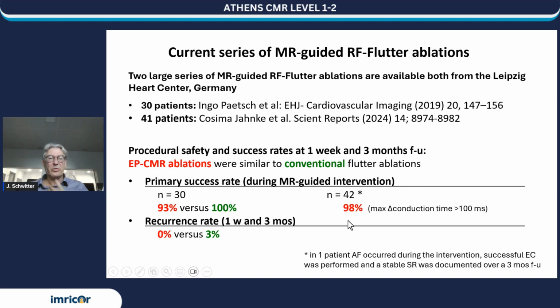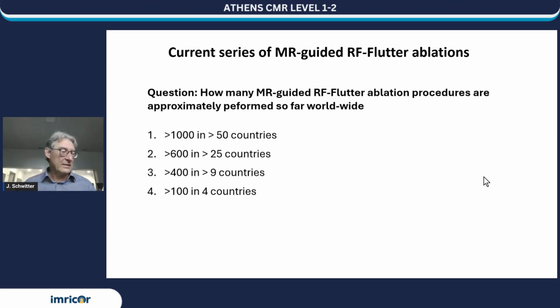They did not report the recurrence rate on these 42 patients, and now they are working on a data set which includes the primary success rate and the recurrence rate after 1 month and 3 months, and I think also 1 year, with more than 100 patients, but this paper is not yet ready to show. And yeah, this is what I wanted to show you, and I think we had to provide 2 questions,